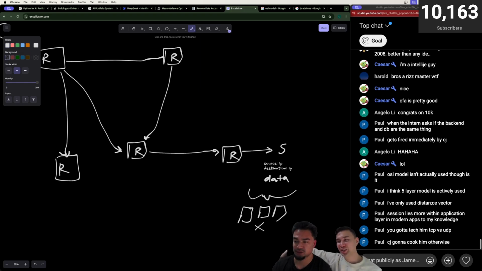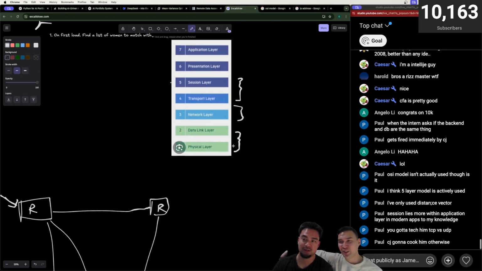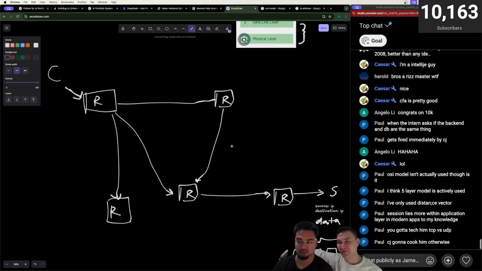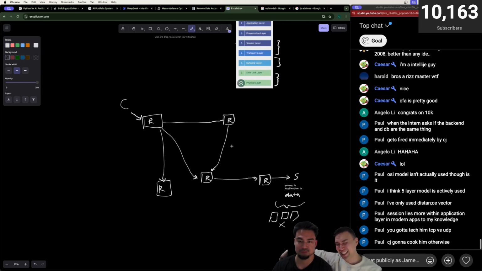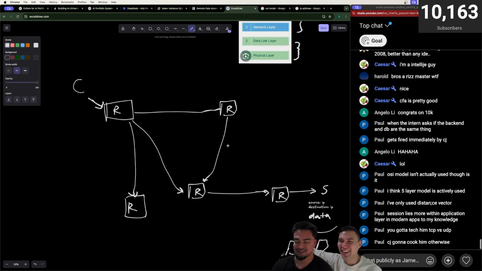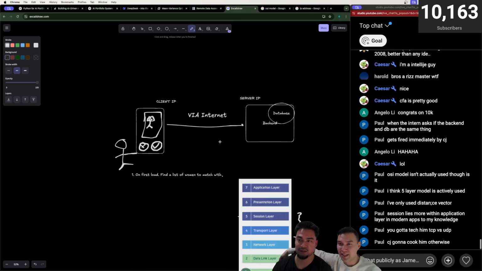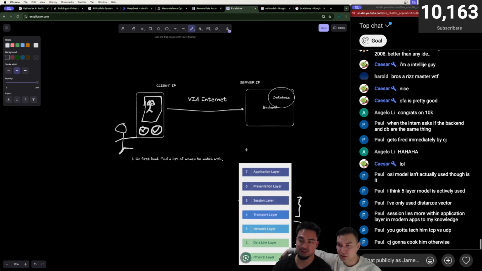I'll teach him that later. I was hesitant to build the LLMs from scratch, but now I'm learning this. James is excited about it. This is making sense. We just went into how the internet works.